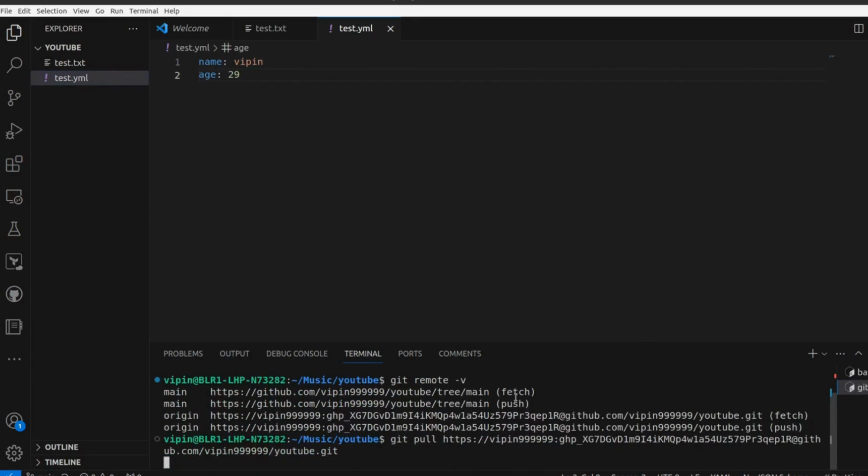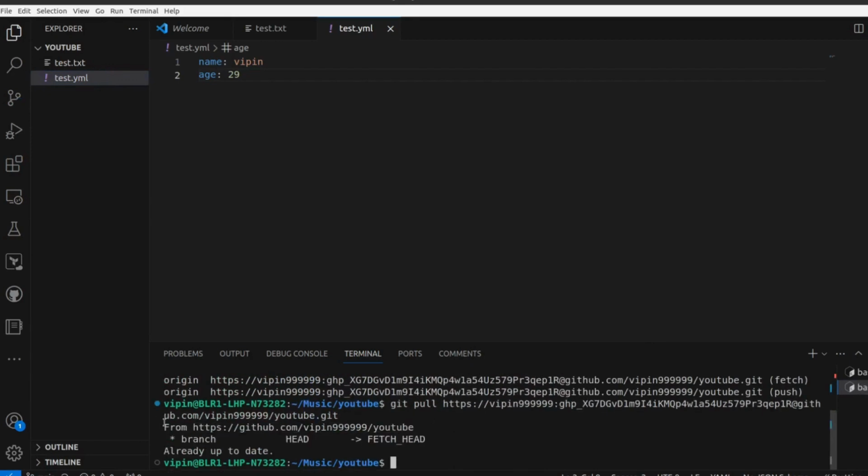You can see it is from github.com and our username and our repository name. Branch head, fetch head, already up to date. This way we can always be updated with our repository and we can work along.